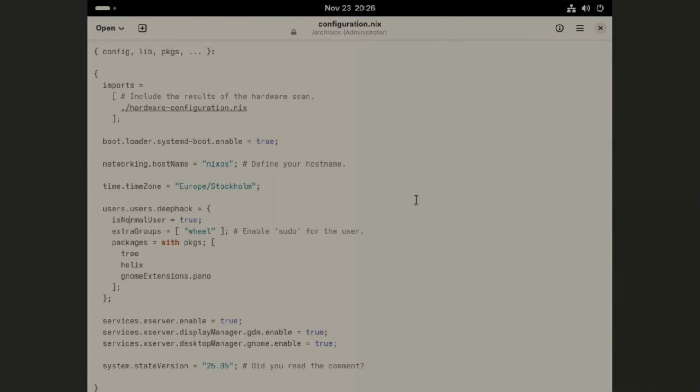Now, I hear the more experienced NixOS users crying out, "No, what are you doing? Show them the flakes, show them the home manager, show them modules." Don't worry, all of that is coming. We're only using this as a very, very minimal example, hence the name of the series. Right now, we're keeping it just very, very basic and this one text file,